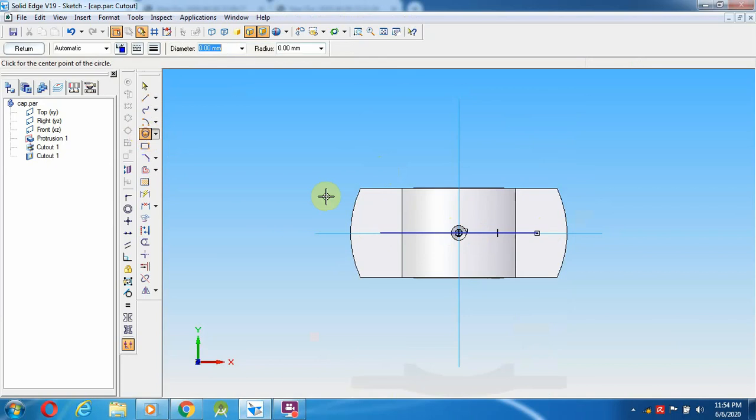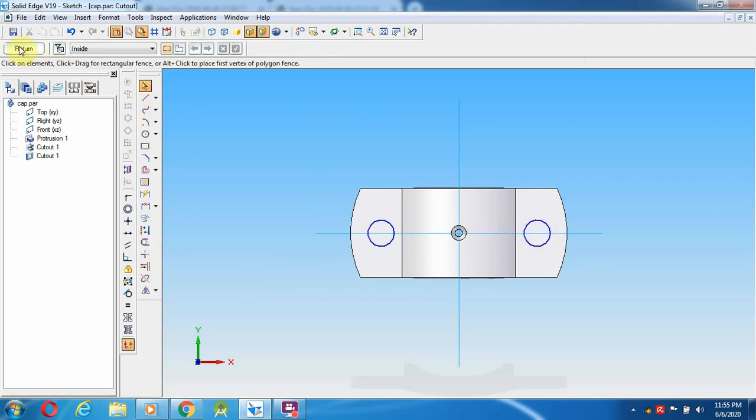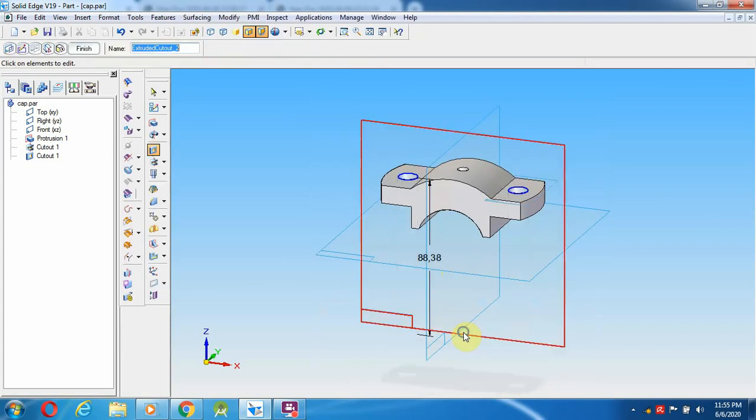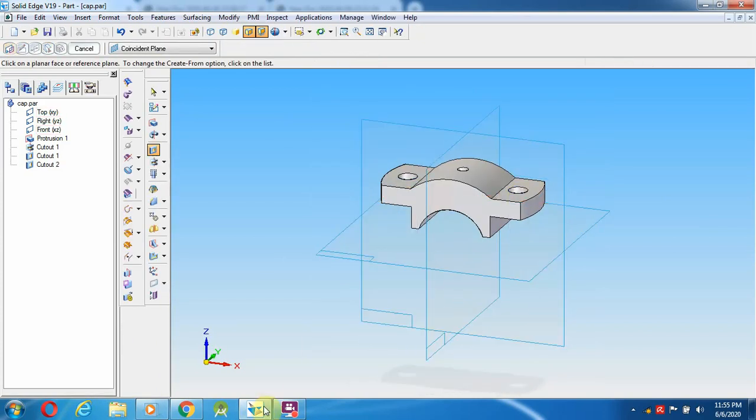Select a circle from here, 10.5 mm distance, and keep it over there. Select trim, trim this line and one more line. After that, give return towards down. Those things are also created.